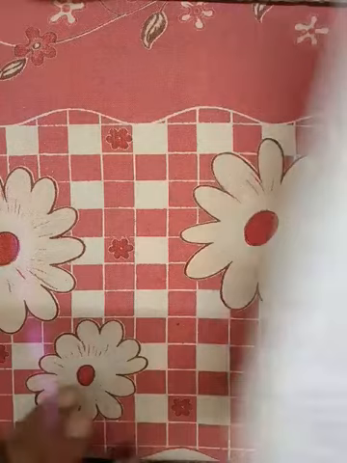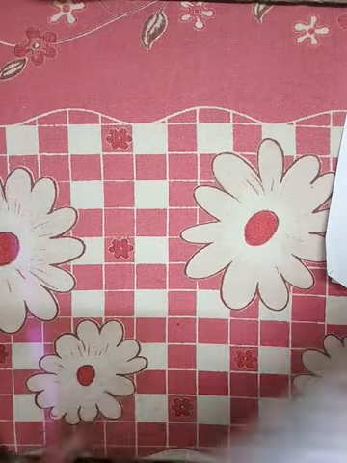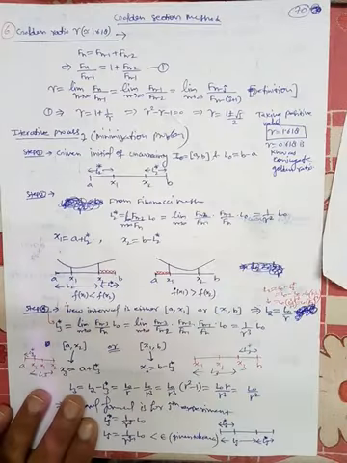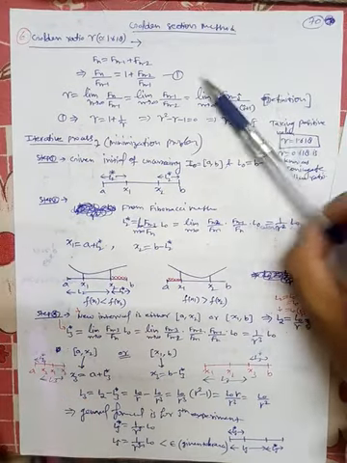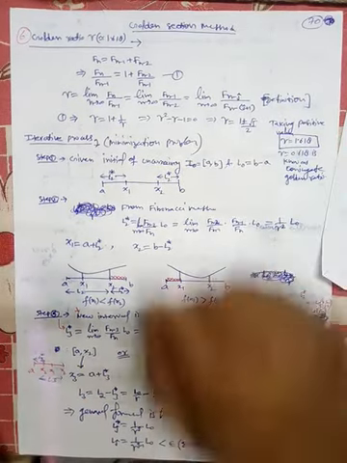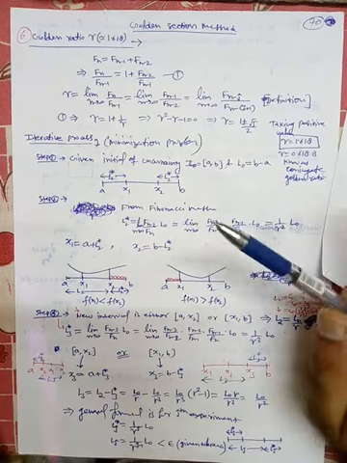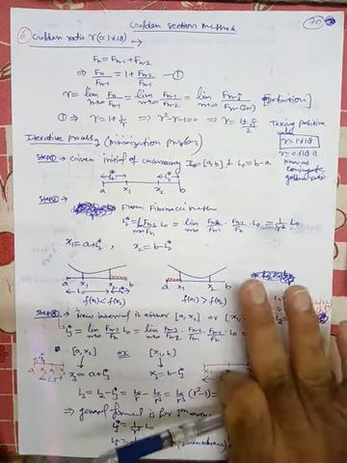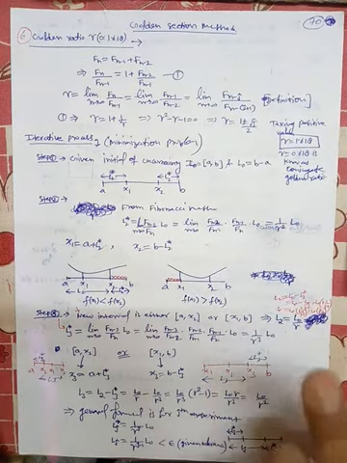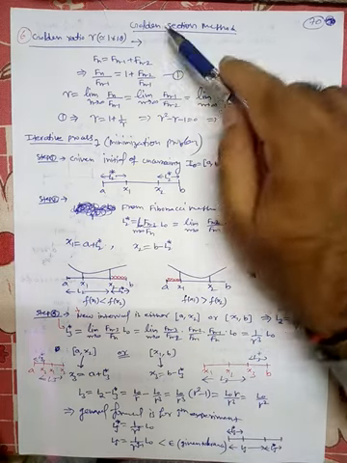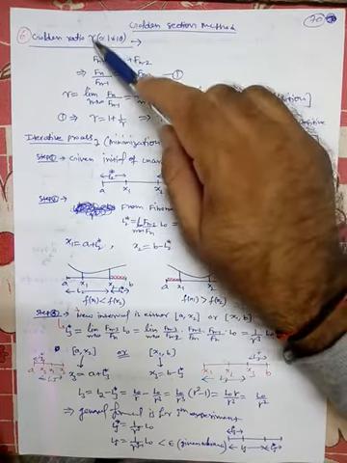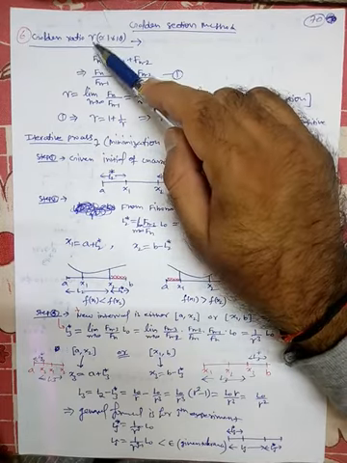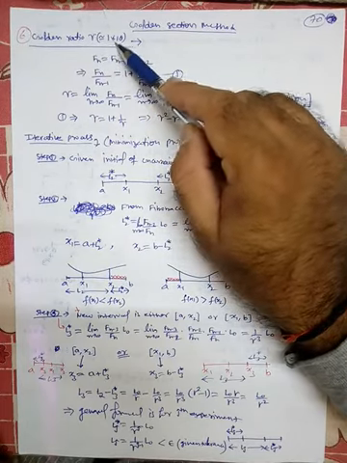Okay. Now here is the next method. The next method is the golden section method. What is the golden section method? The procedure is the same as we have developed in the Fibonacci method. The difference is that here we will use only the golden ratio. What is the golden ratio? Denoted by gamma. So gamma is basically 1.618.